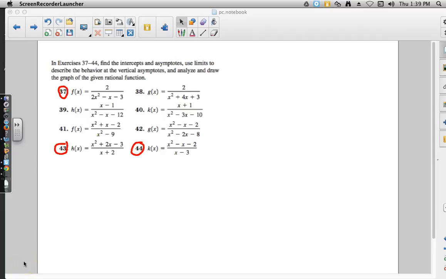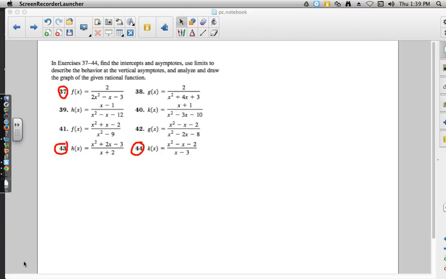These are the frequently asked questions for pre-calculus, and this is for section 2.6, day 3. In exercises 37 to 44, find the intercepts and asymptotes. Use limits to describe the behavior at the vertical asymptotes and analyze and draw the graph of the given rational